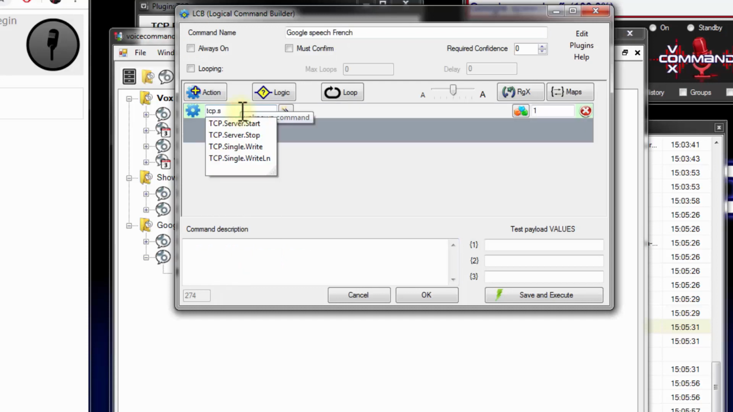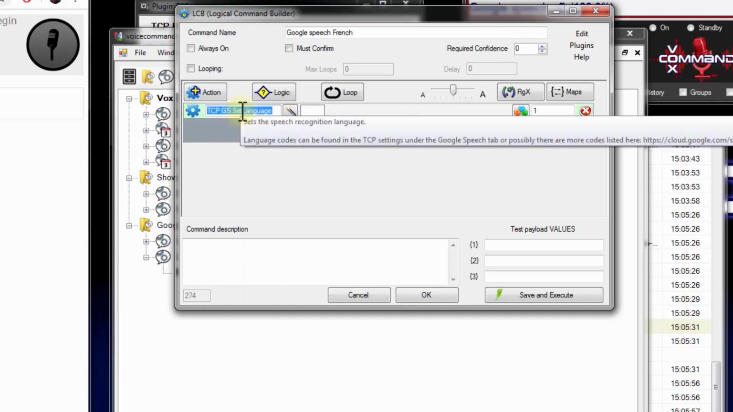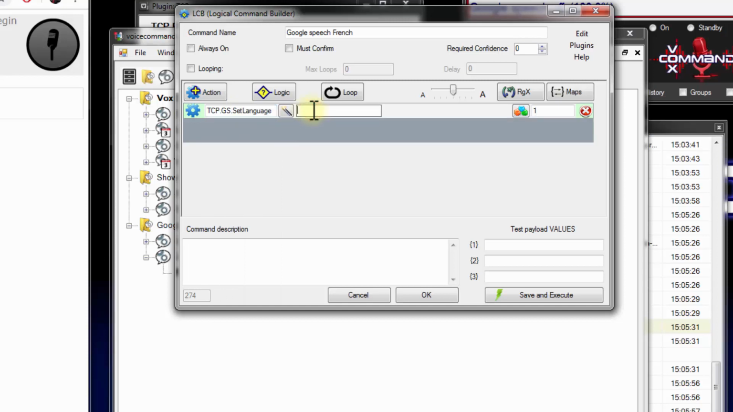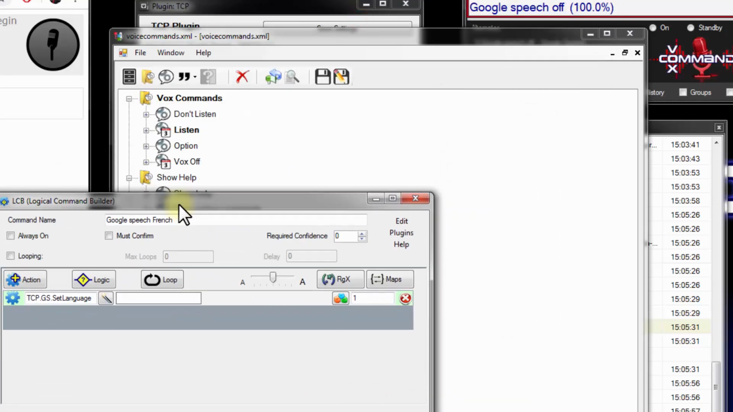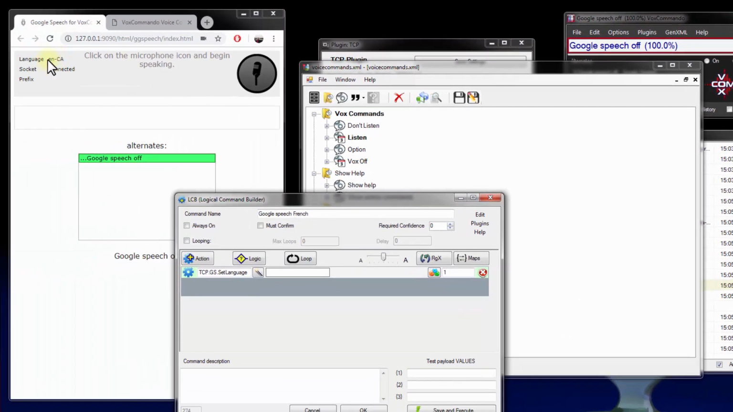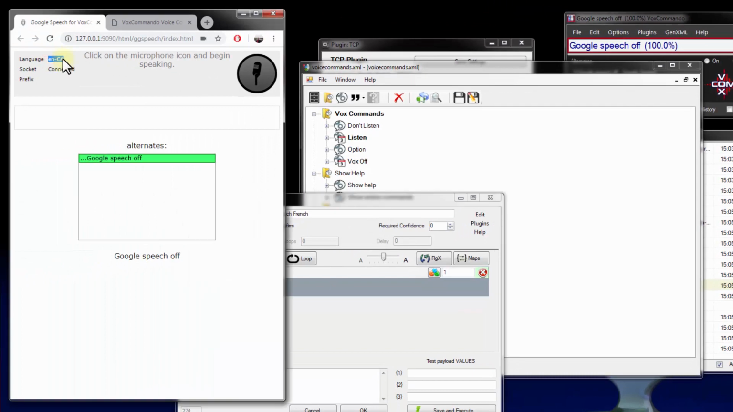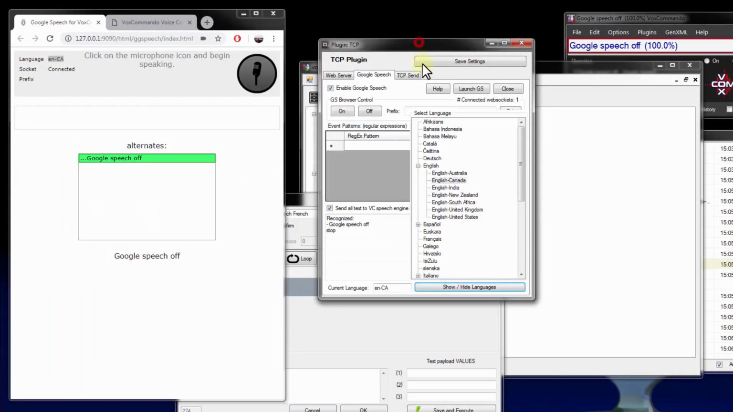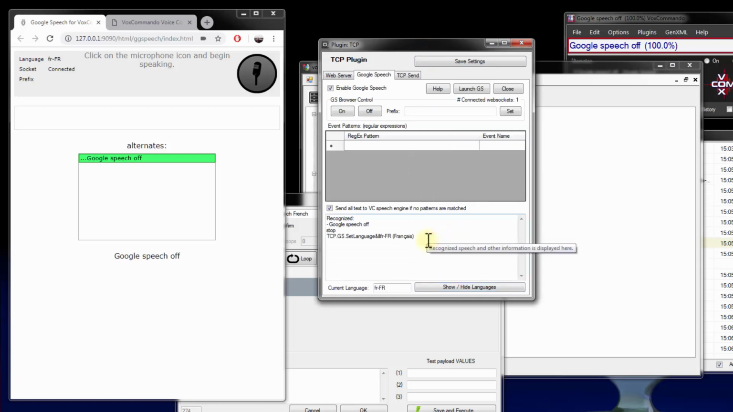TCP set language, oops, sorry, GS set language. And then you need to enter a valid language code here. So one way to find the language code is to set it using the plugin and then look at what's here. So in the case of French, Français here, the code is also shown down here when you change it in the tree. I'll copy this,